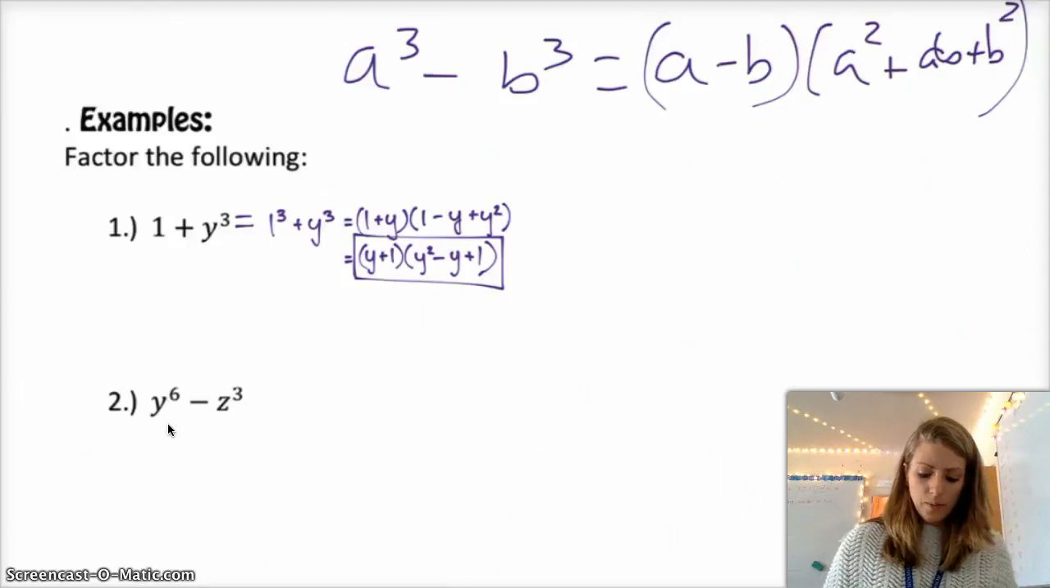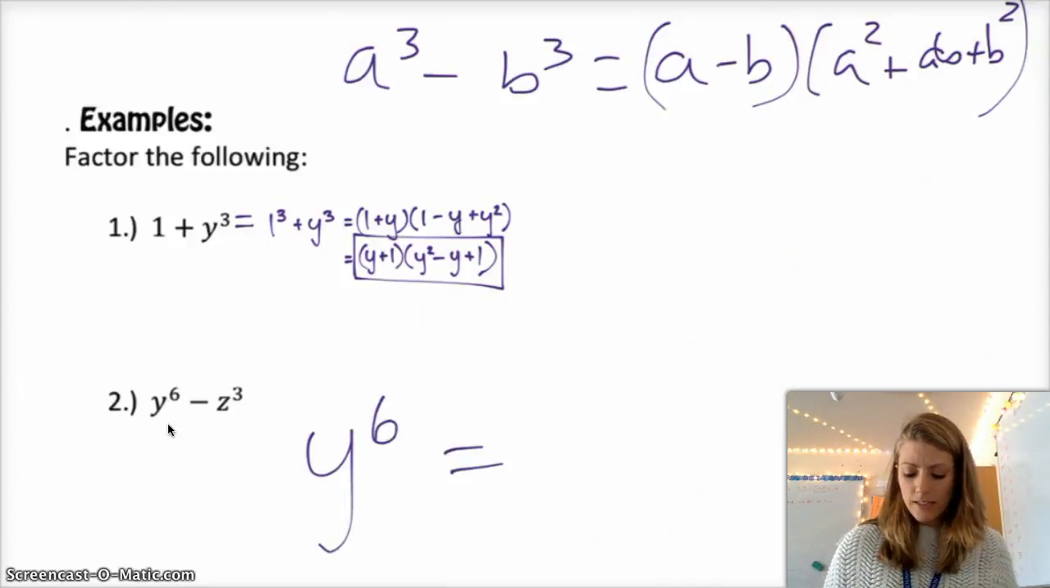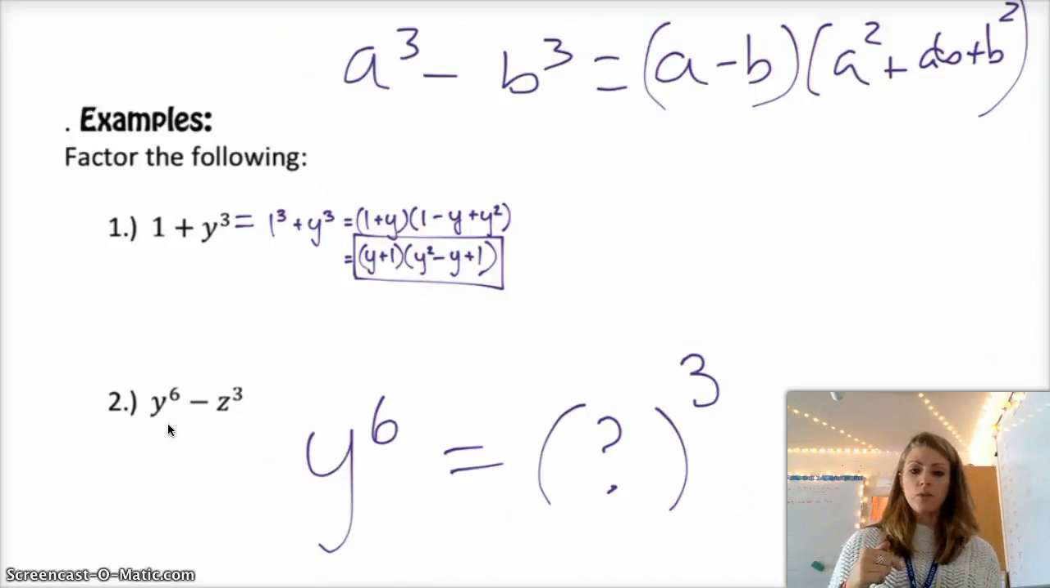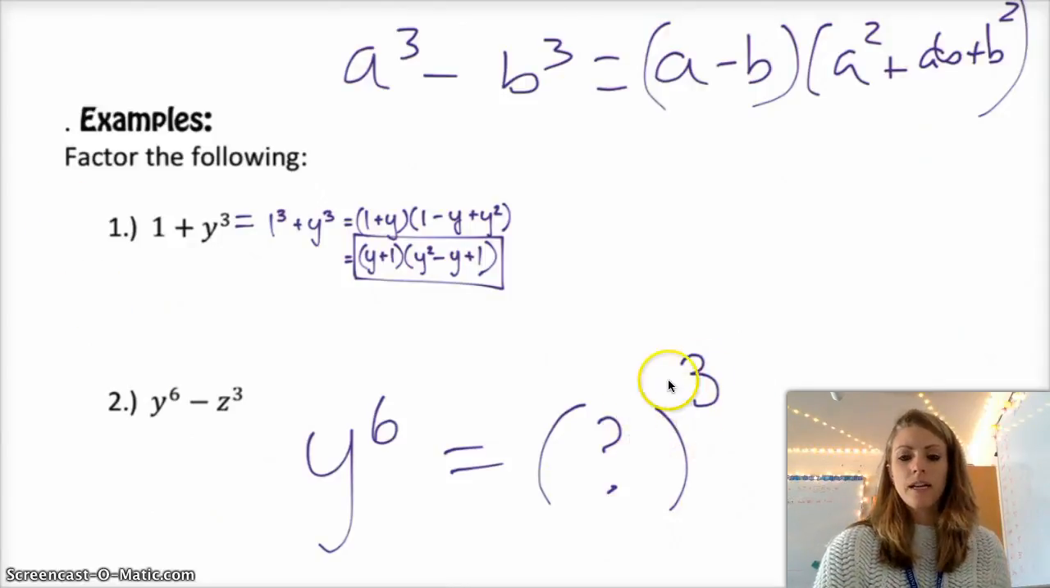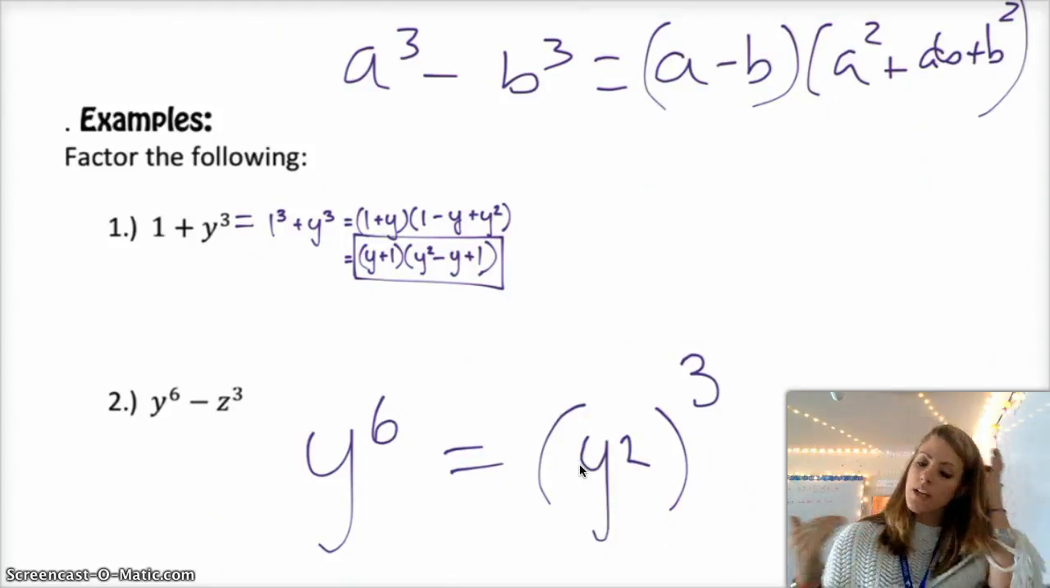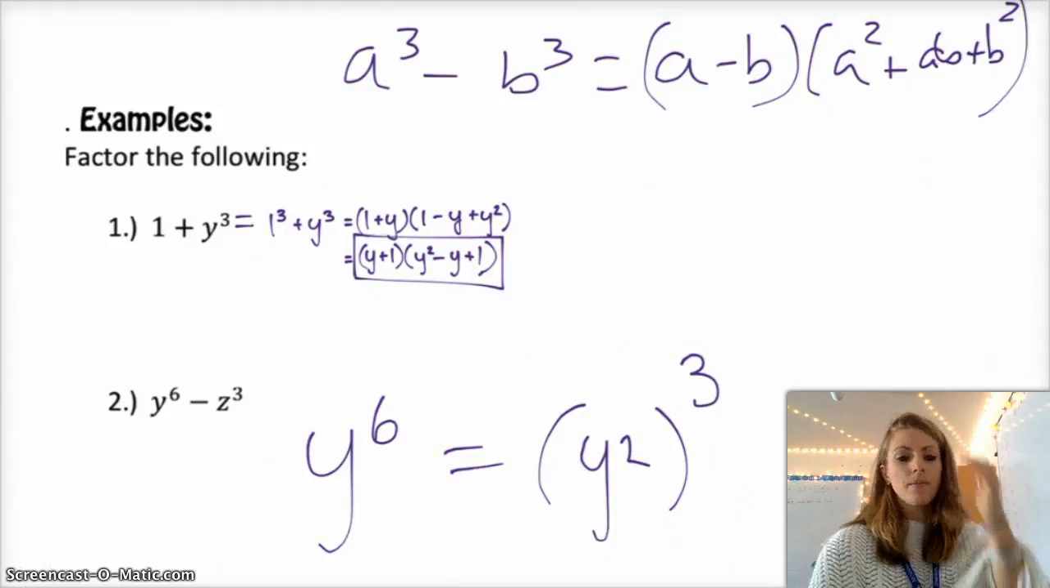So we're trying to figure out y to the 6th. We want it to look like something to the 3rd power. And so we want to figure out, what could I put in there that's going to be equal to y to the 6th? If you think about your exponent rules, if you have a power to a power, they multiply. So this times this has to be 6, so that would be squared. So your question mark is y squared. So I can just write it as y squared to the 3rd power, so that I have a difference of